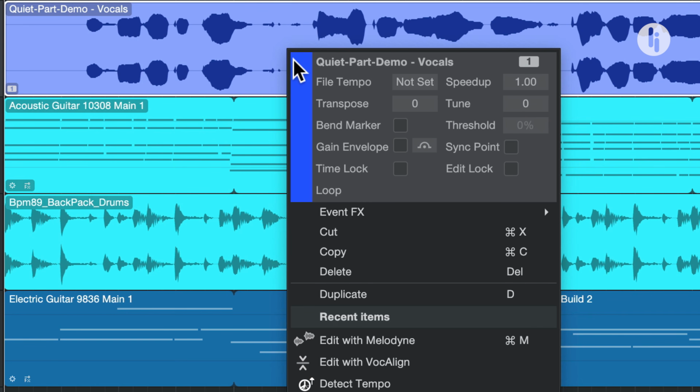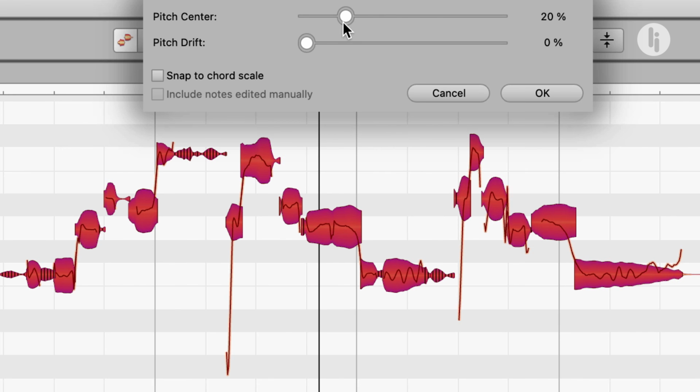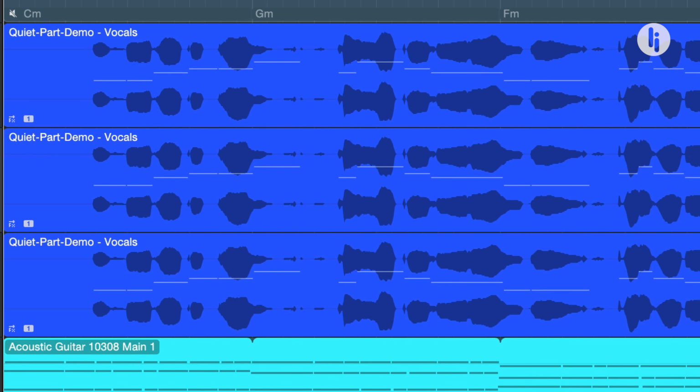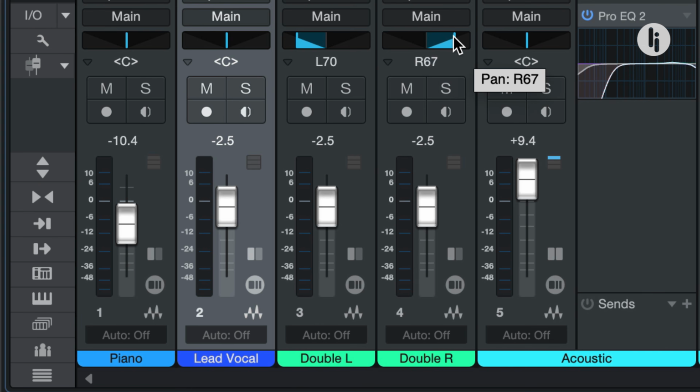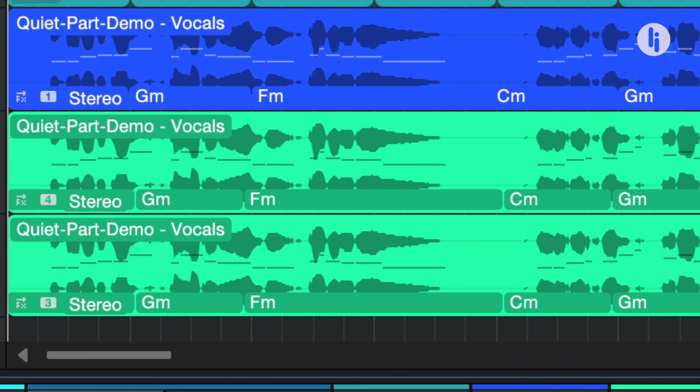Fortunately, Tonalic isn't Celemony's only ARA plugin integration in Studio One. I can use Melodyne Essential to tune the lead vocal, even create artificial double and triple tracks, then pan them to the side a bit, add a low-end roll-off and some reverb, and suddenly the vocal feels thick, polished, and